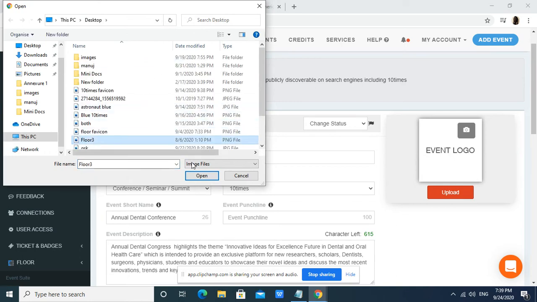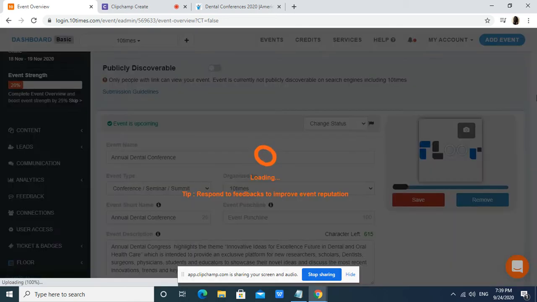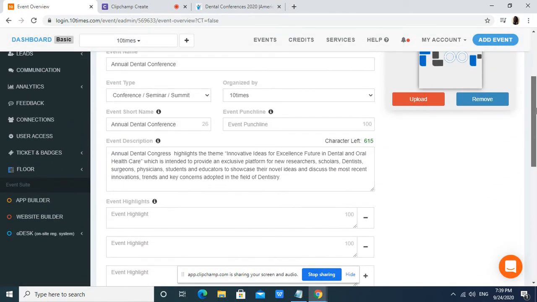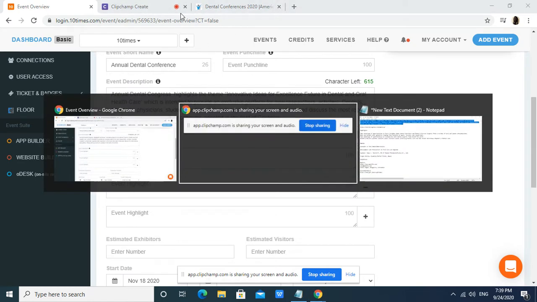Select the logo. You can enter the event punchline if applicable. Then you need to add at least 3 event highlights.